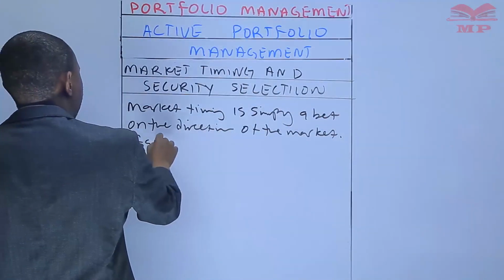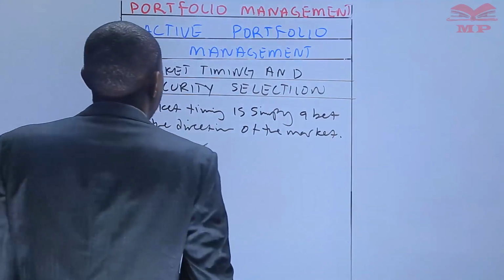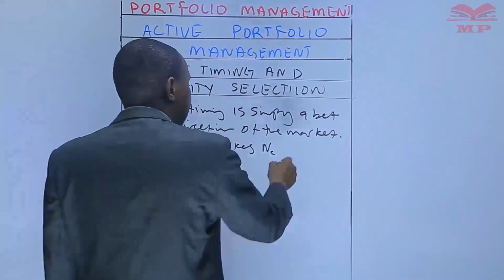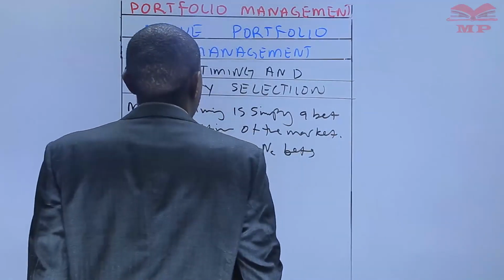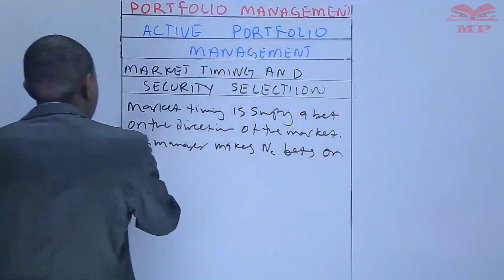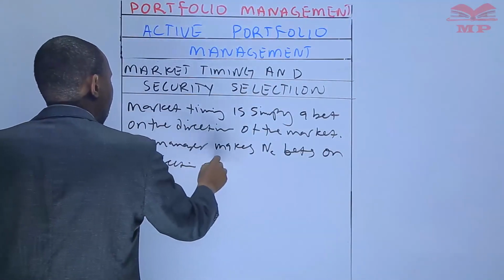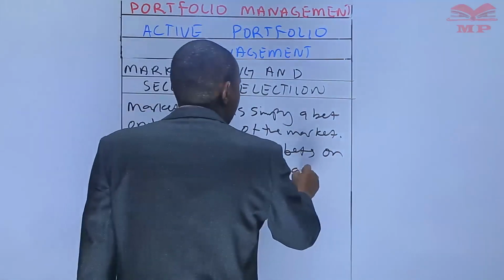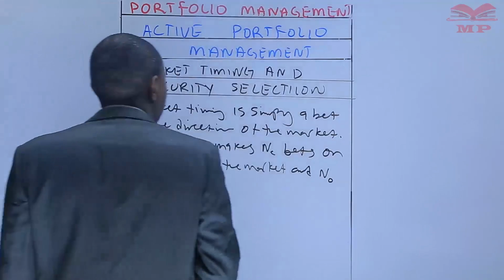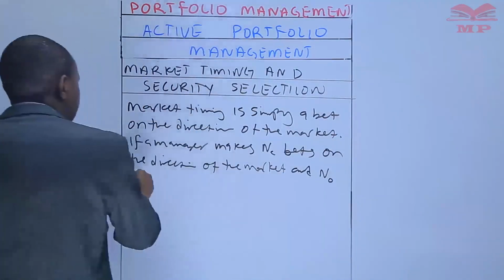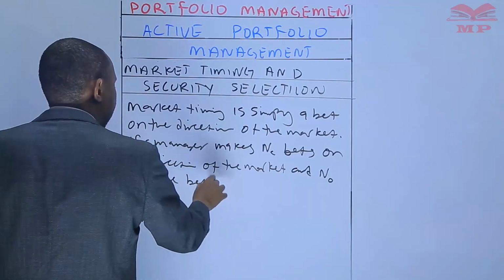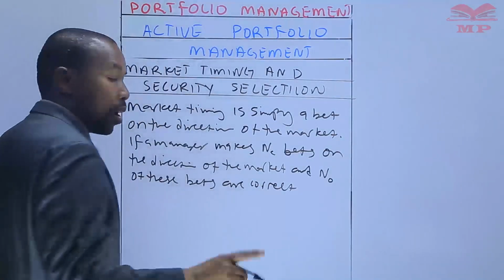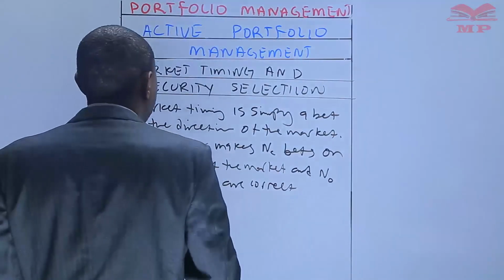If a manager makes n subscript C bets on the direction of the market, and n subscript not of these bets are correct,